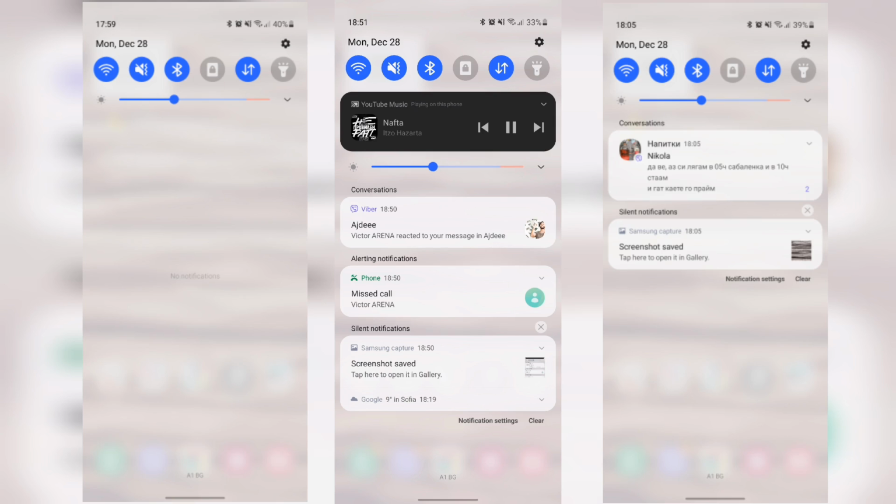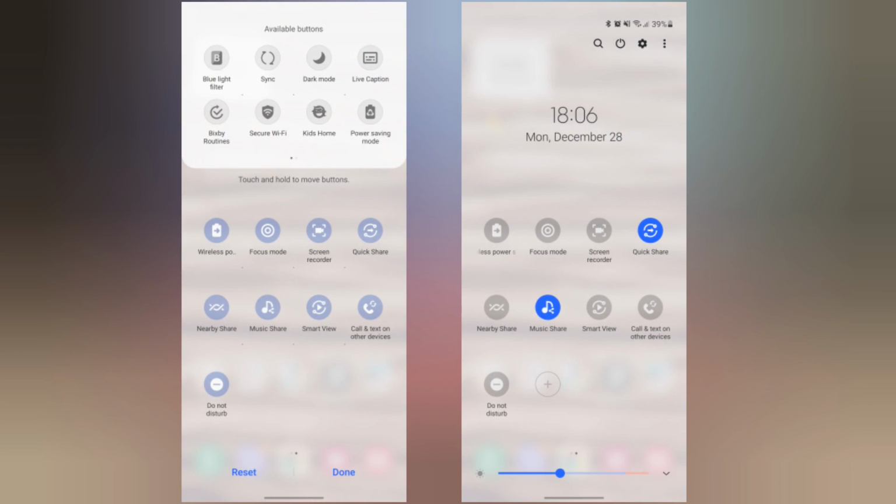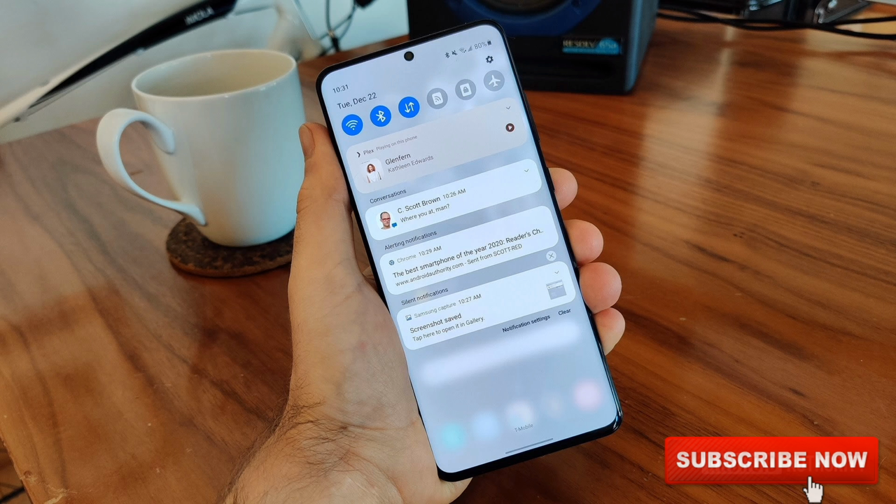Another notable change is that pulling the notification shade covers the entire screen underneath, even if there's just one notification card or none at all. Previously, the portion of the screen below the last notification would remain visible if darkened. Oh, and one more thing about the notification shade: the quick toggles can now be edited directly from the plus button at the end of the list instead of going into the menu.